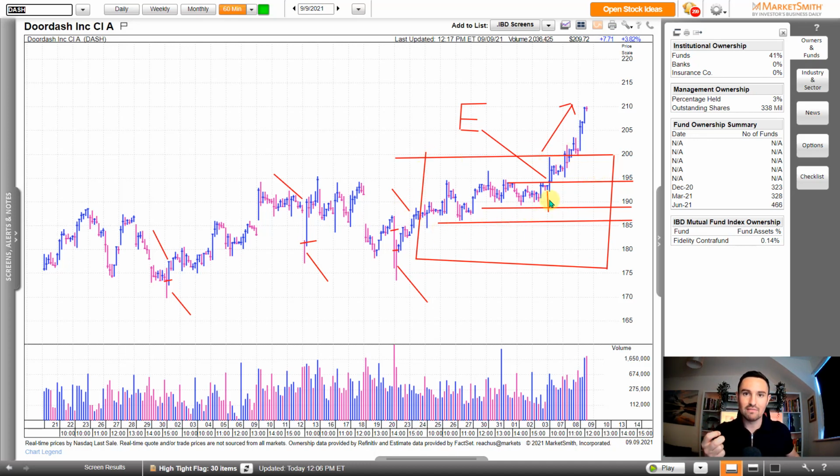So then you're looking for, okay, when is there no more water left in that wet towel, if you like that analogy for water and supply? When is there no more weight on the supply side of our scale? Then we can get those explosive moves through the pivot points and look to create those asymmetric risk versus reward trades. So that is how I use MarketSmith to help identify fantastic, fundamentally strong stocks,